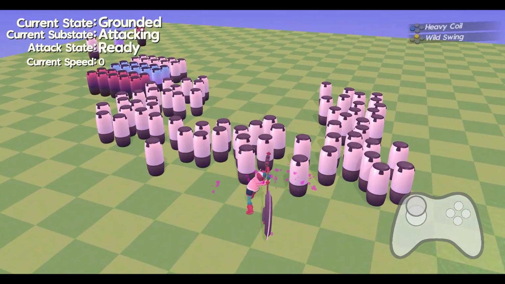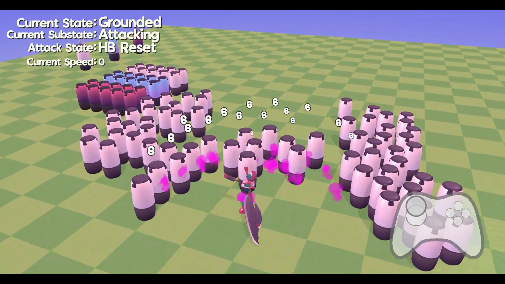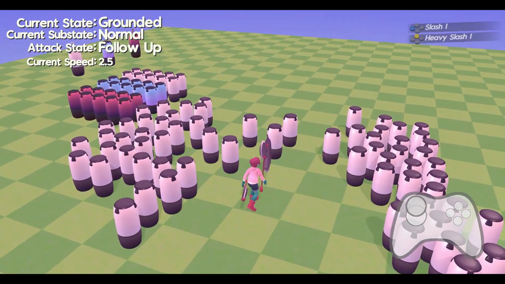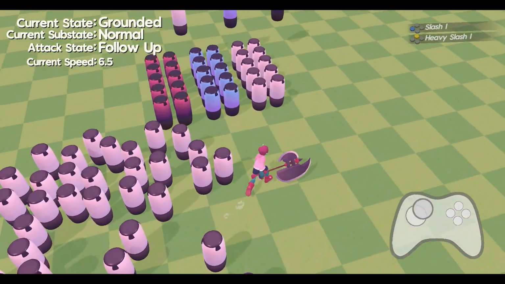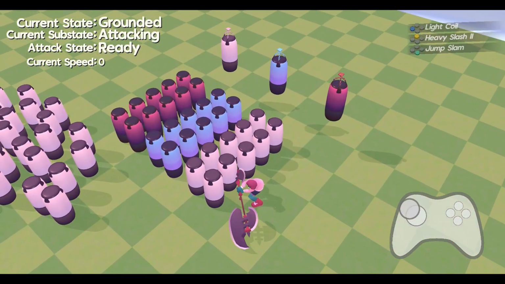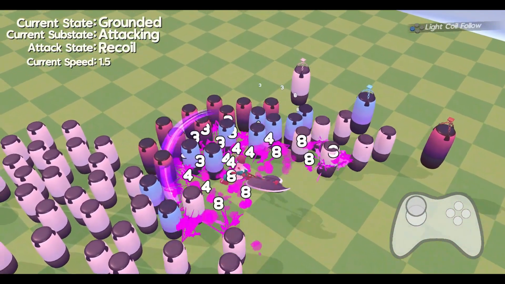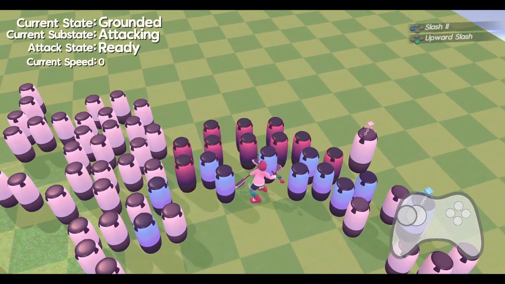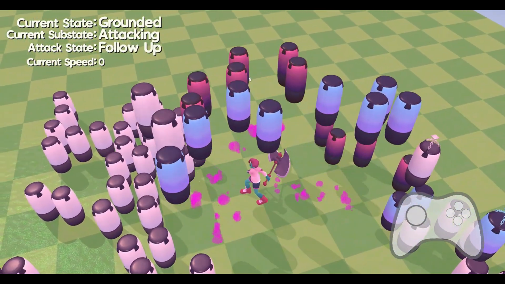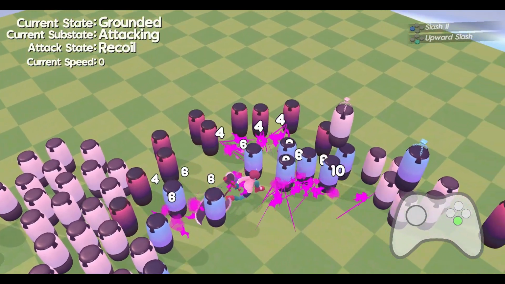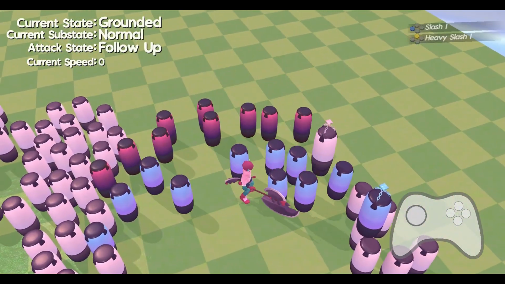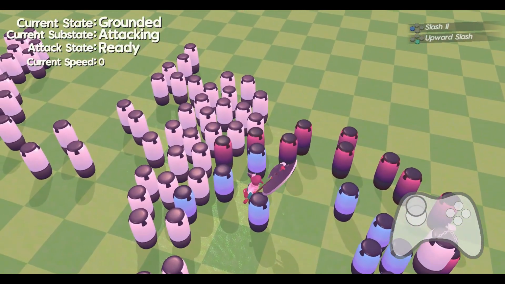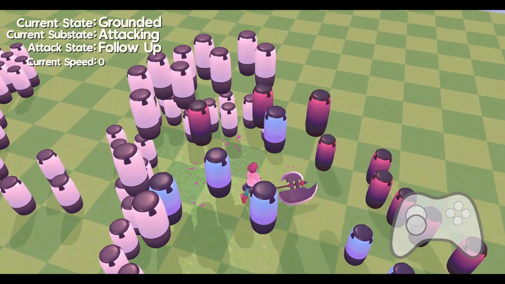Next, I worked on the logic for enemy knockback, enemy juggling, enemy spiking, enemy slamming. Basically just every single knockback or collision state that the enemy or player could be put into from an attack. The way this originally was working was that the player would hit the enemy and they would be applied a certain amount of knockback, but this didn't really work for a couple of different situations.